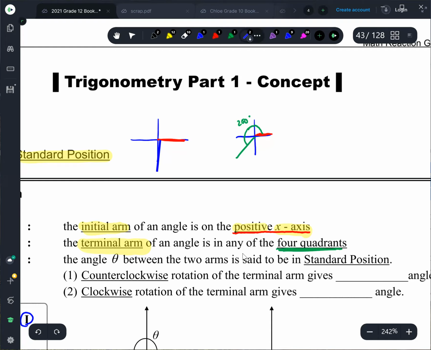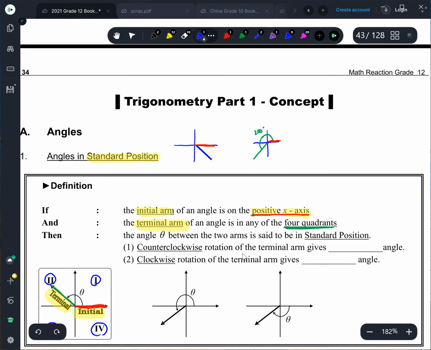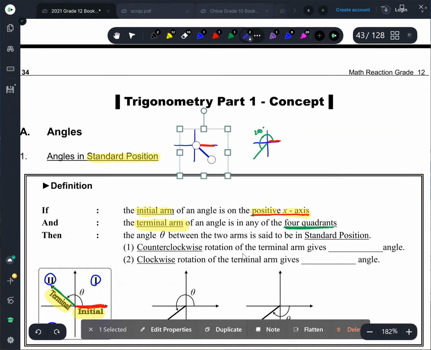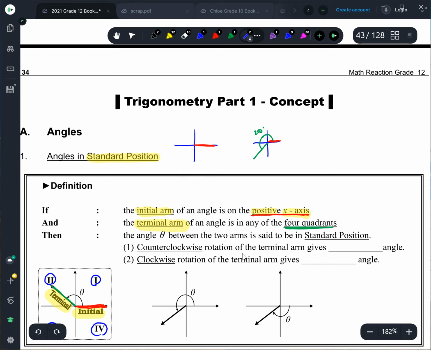Somewhere in between 270 and 360, what angle could this be? What angle does this one look like? 315. Sure. So anywhere between 270 and 360. So it could stop in any of the four quadrants. That's what I'm trying to say. So it can keep on turning. You could even get bigger than 360, if I make it turn more than one turn,